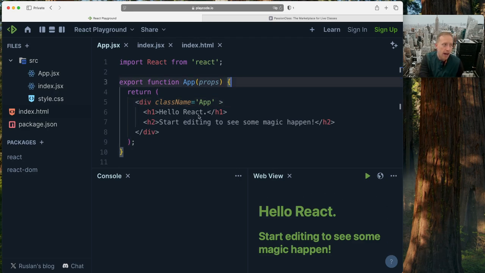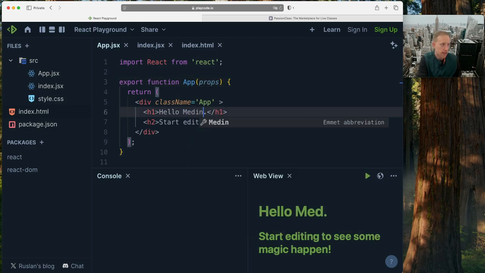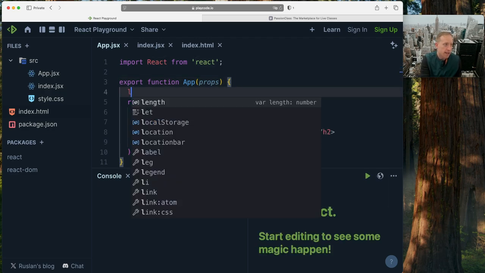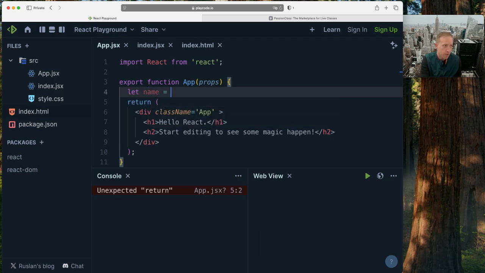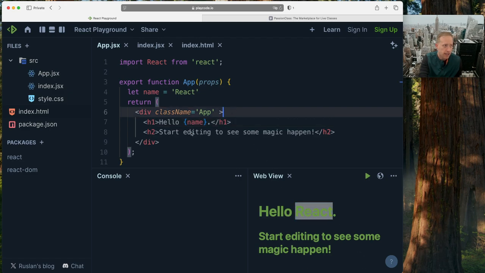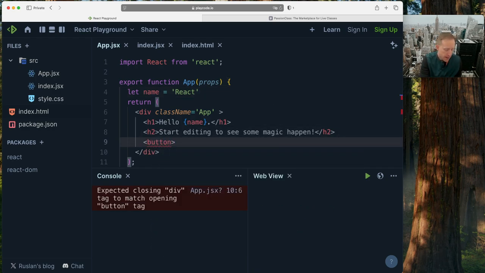Okay, now I'm going to change this from React to Medina. Actually, I'm not going to do that yet. I'm going to say let name equals React. Okay, and then I'm going to have us render the name, so it still says Hello React. Then I'm going to add a button here that says change name to Medina. And then,